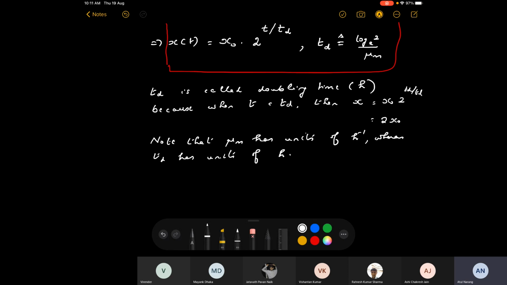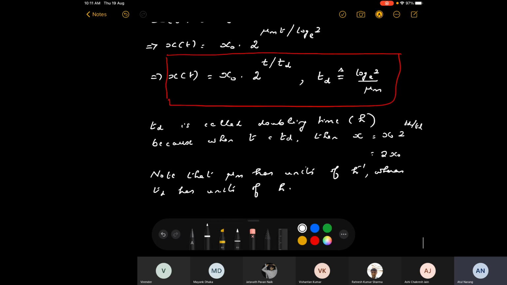So it's a much more intuitive unit to work with instead of mu m. I mean, if I tell you that mu m for a particular strain is equal to 0.7 per hour, it means, at least to somebody like me, it means nothing. But if I tell you that the doubling time is 1 hour, which is actually the same thing, because it